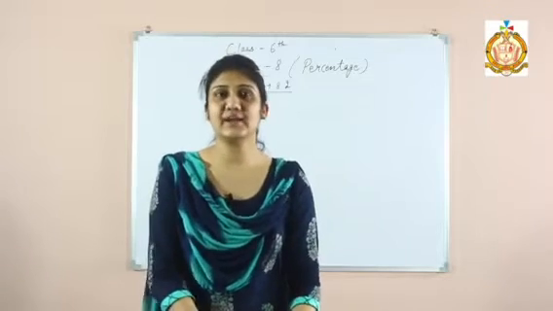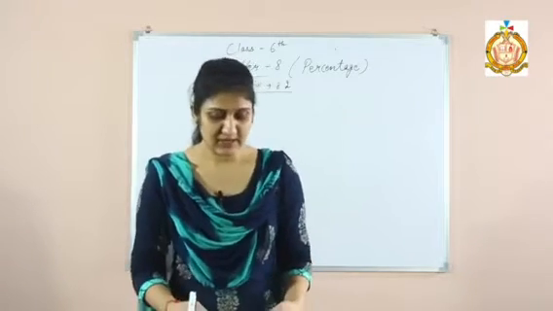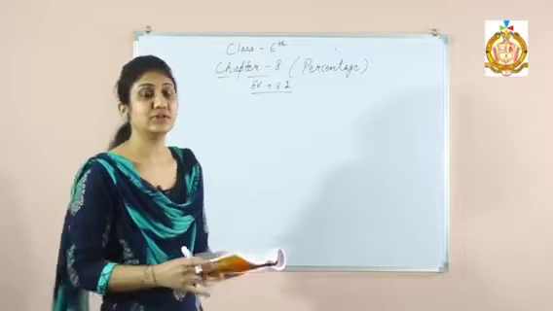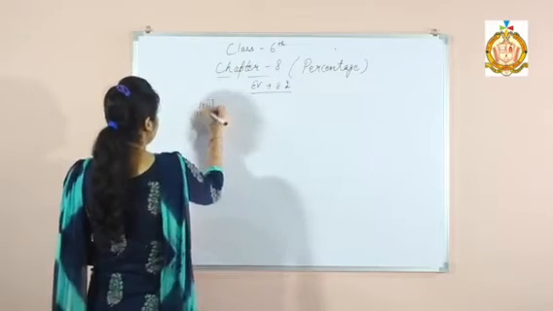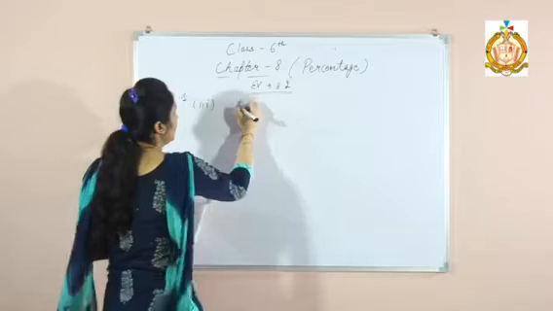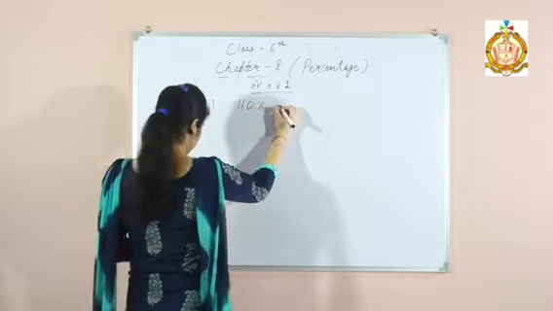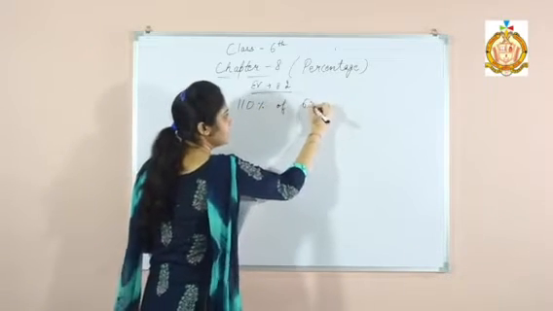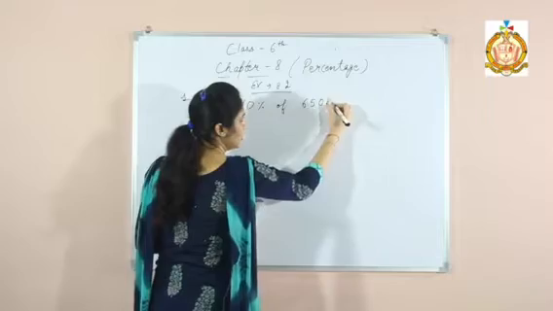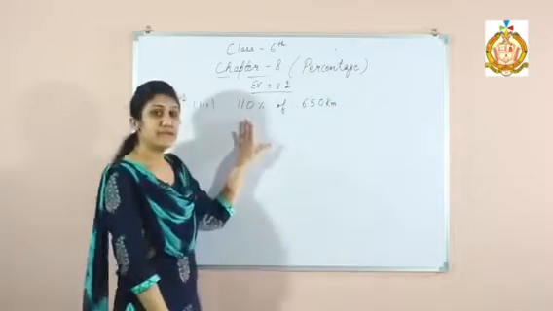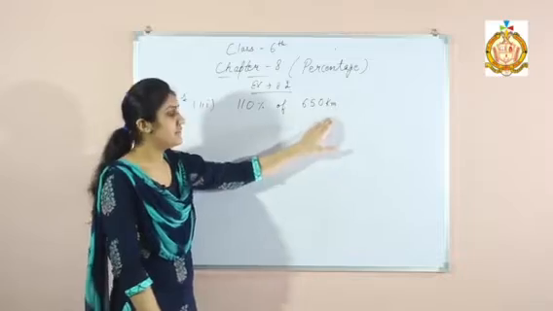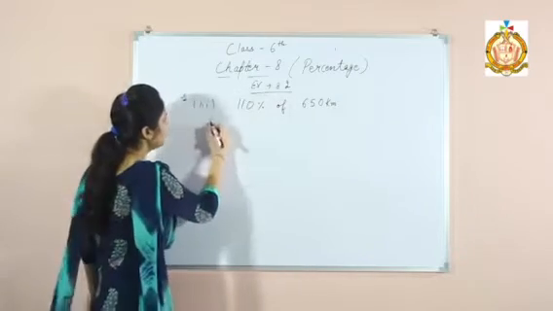Today we will do our exercise 8.2. Our first sum, I will do the third part of the first sum, is 110% of 650 kilometer. So we have to find 110% of 650 kilometer. Solution: